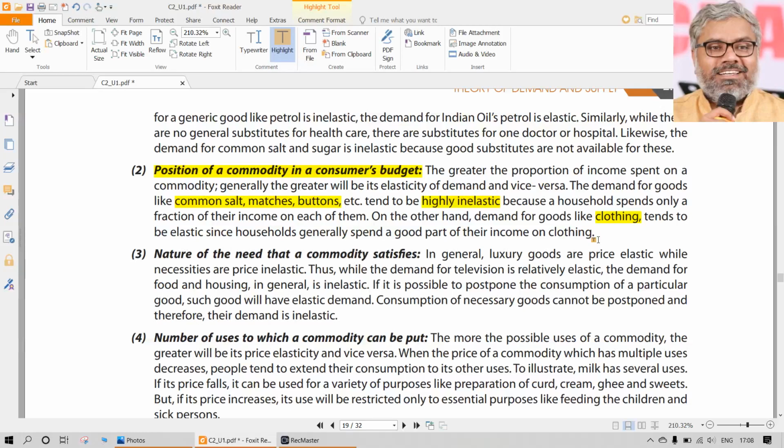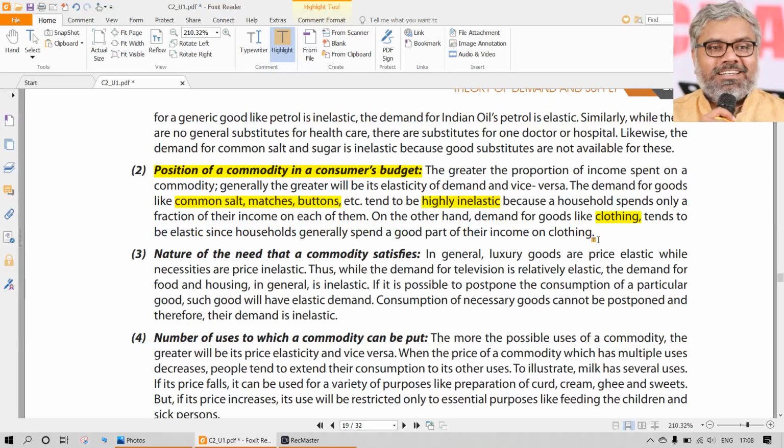But ultimately, one point is for sure: buying clothes is not something that everybody does automatically in a monthly budget. It is something which has to be planned normally by a middle class family. Sometimes for birthdays, occasions, festivals, or for attending some functions, then only generally people go and buy clothes. When they do so, that month's budget will get disturbed. If their basic necessities and other necessities are not fulfilled, then they will postpone the buying of clothes also.